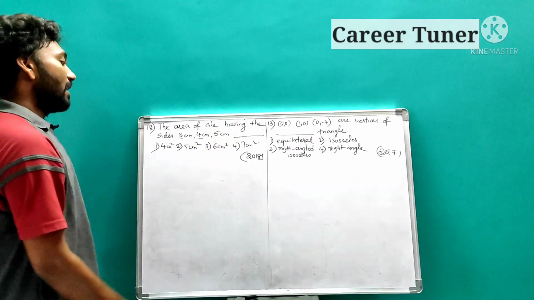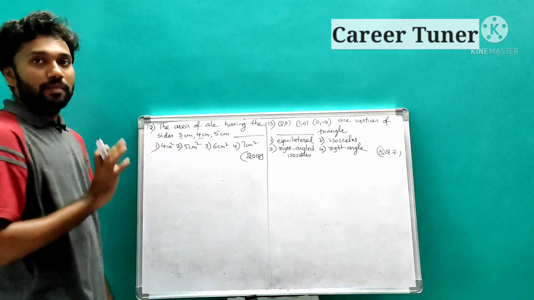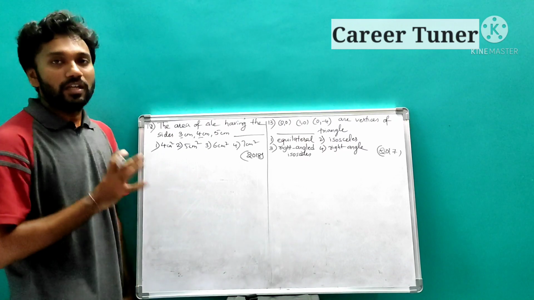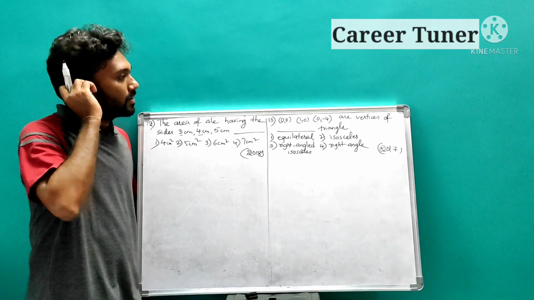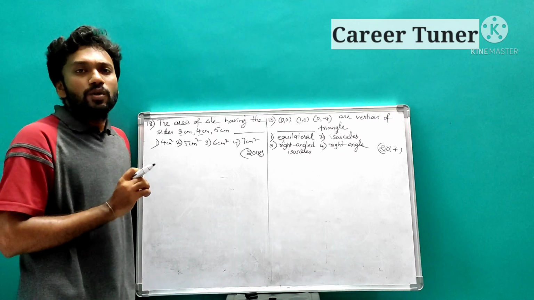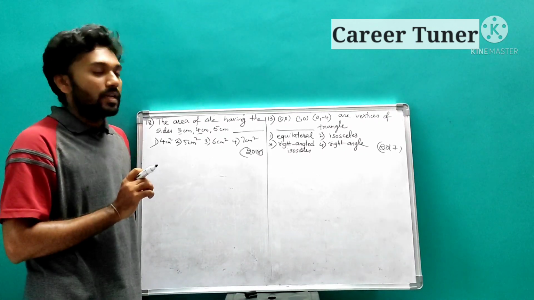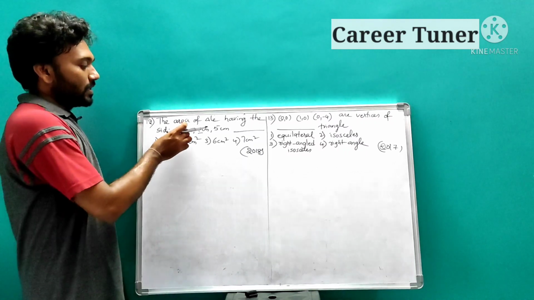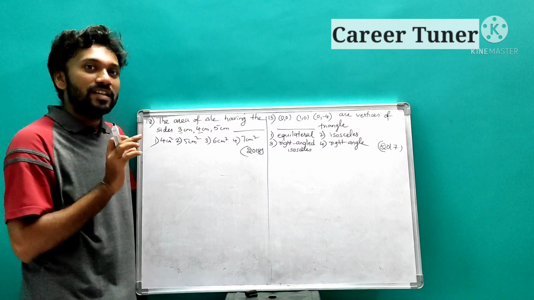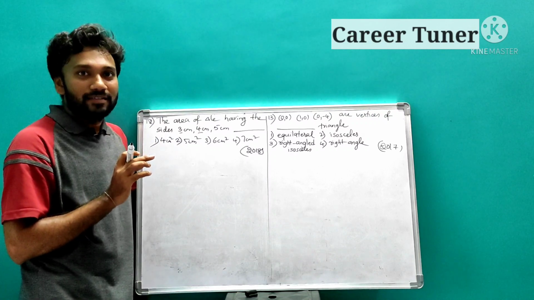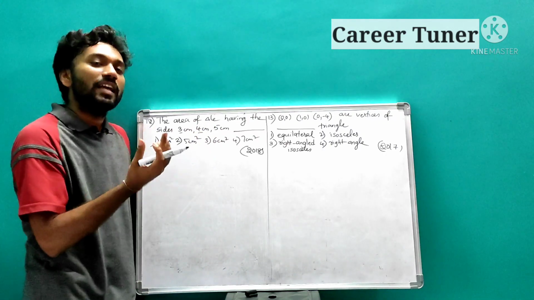The area of a triangle having the sides 3 centimeters, 4 centimeters and 5 centimeters. 3 sides have been mentioned. When 3 sides are mentioned, generally we need to use Heron's formula. So what does Heron's formula state? Heron's formula area is nothing but root of s into s minus a into s minus b into s minus c, where s is nothing but the semi-perimeter. But here, if you look at the sides 3 centimeters, 4 centimeters, 5 centimeters, what do you remember? In our previous class we have discussed Pythagorean triplets. So that means 3, 4, 5 will satisfy the sides of a right angle triangle.